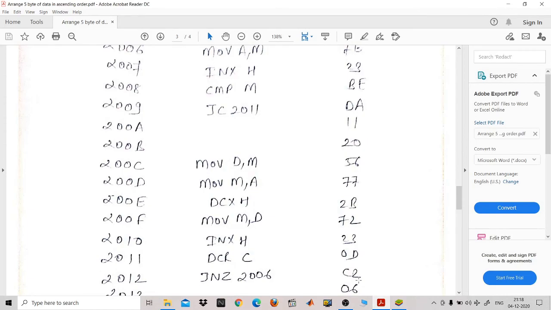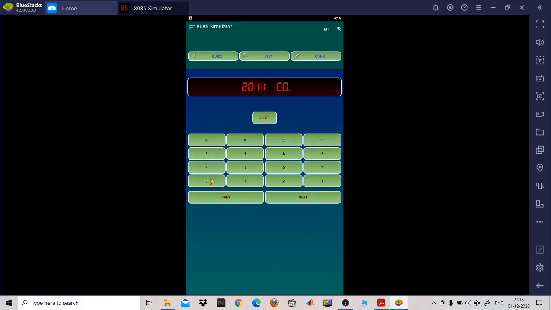Then at 2011, 0D, then C2, 06, 20, then 05, C2, 02, 20.